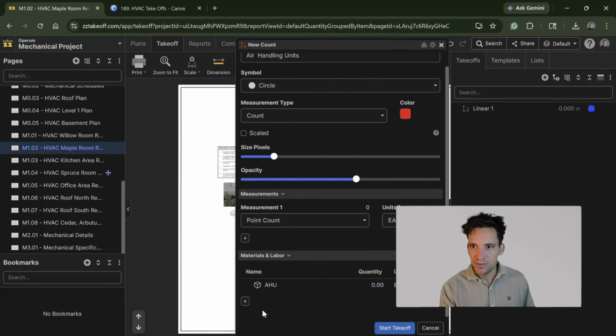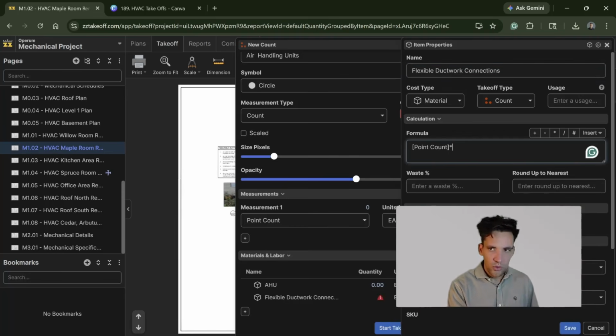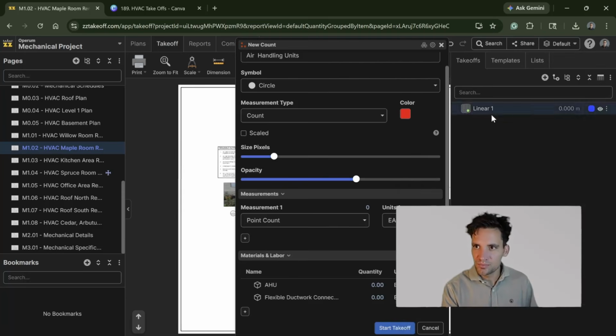Then we will have, let's call this, the flexible ductwork connections. And we're going to have 2 per item. So it'll be the number we count multiplied by 2. Will allow for